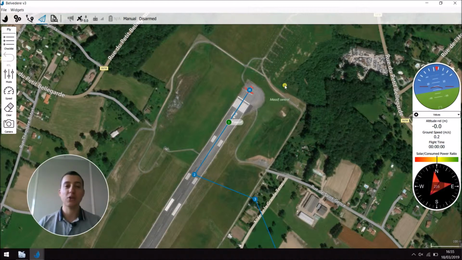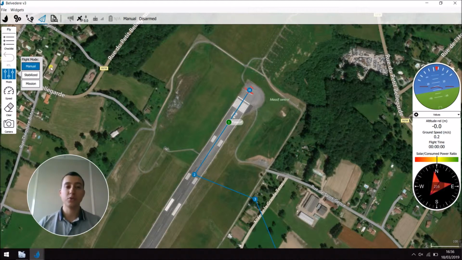Today we're going to see how to change flight modes. So right here on the left you have mode, and then you can choose between three different flight modes: manual, stabilize and mission. In manual you will have direct input from your remote control, so this mode is only used by expert drone pilots. Then in stabilized, the drone angles will be limited and the drone will stabilize itself when there is no input from the remote control. Lastly, the mission flight mode will launch the mission on the drone.